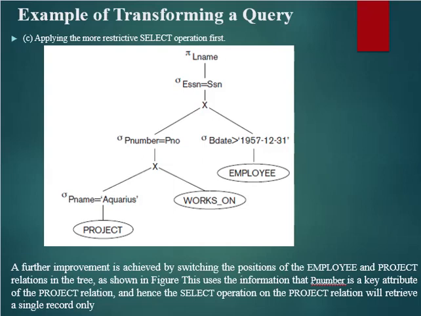The SSN values depend on Accuracy, and only those you will get. So at the time of joining, the ESSN belongs to the employees who work only on Accuracy. Okay, so that will be joined with the employee table. Understood? So we are not joining with invalid tables or unwanted tuples. Invalid or unwanted tuples are not used in this joining operation. This is done by reordering the tables at the leaf level.